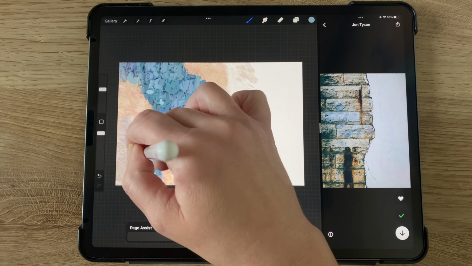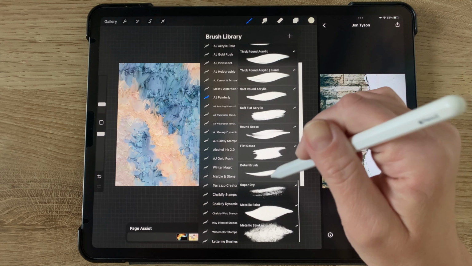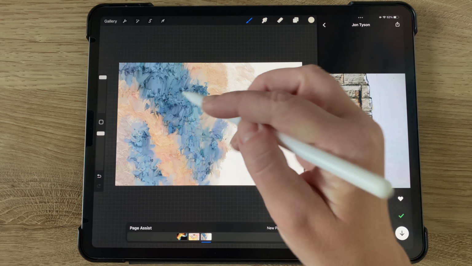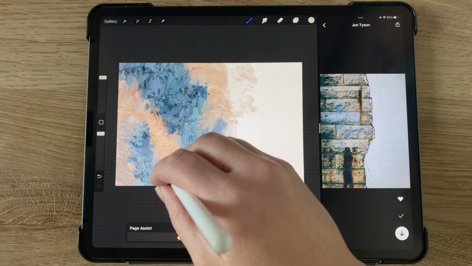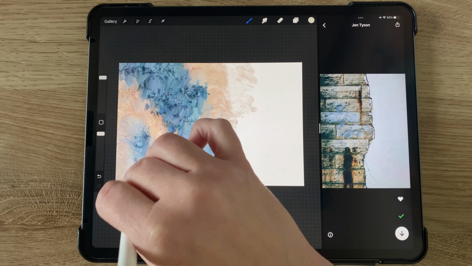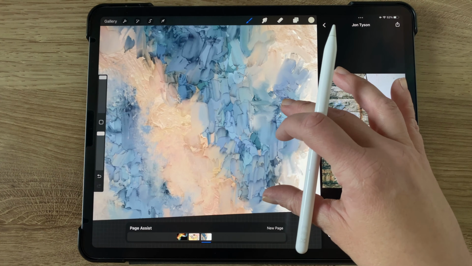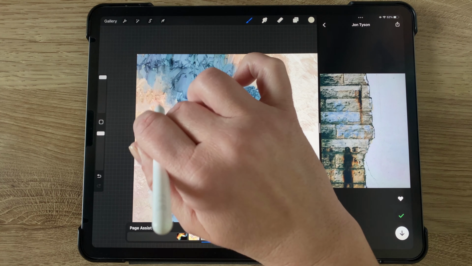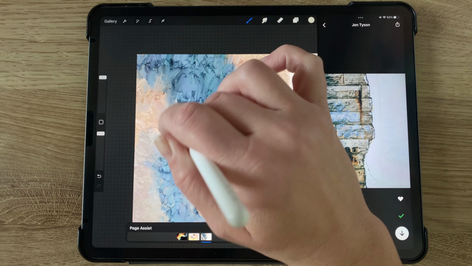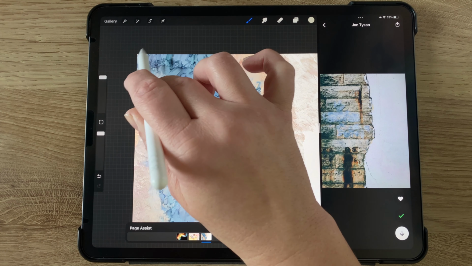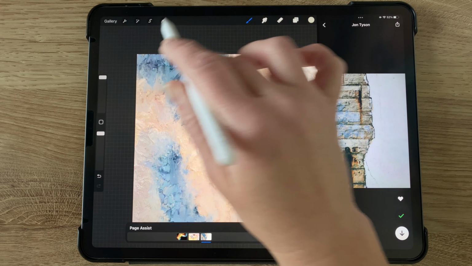This is something I really like to do. And now I've selected my super dry brush, and I'm going to continue roughing up the edges of this blue blob texture. And I realized that this is a process that I do a lot. I start out with something in the background, I add brush strokes and then progressively get rougher and rougher brushes to add more and more texture as I'm building it up.